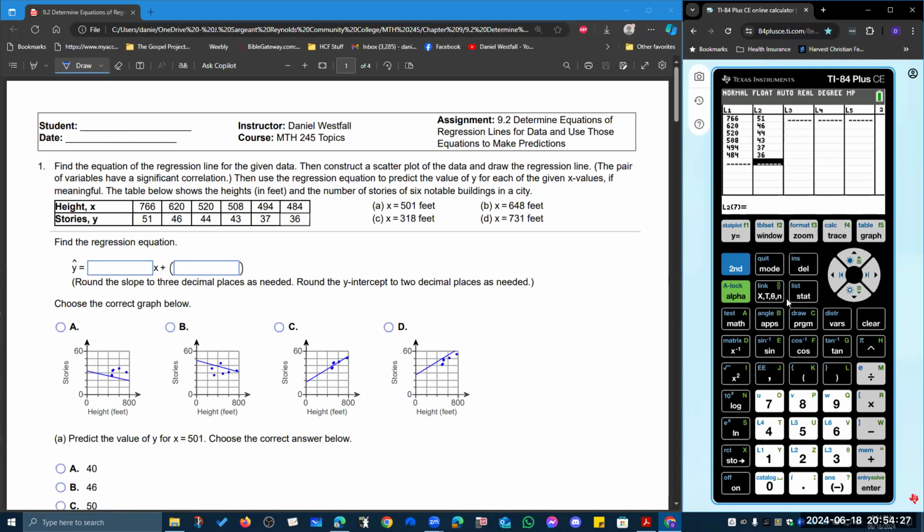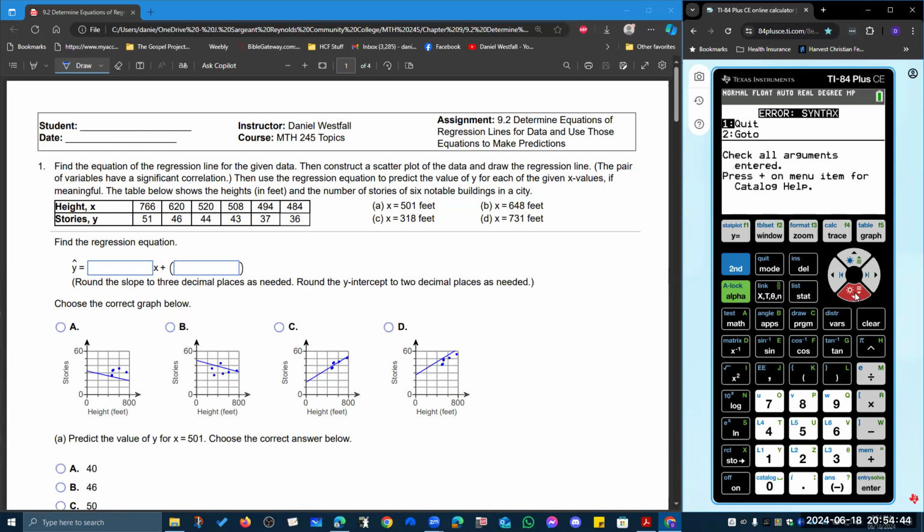So now let's go ahead and stat calc, and we want this in ax plus b form, which is number 4, L1, L2, frequency list. There's not one, so I'm going to put a 1 there. Just clear that. There we go. All right. Sometimes it wants a 1 there. Regression equation. We talked about this last time, but vars, y vars, function y1, so that we can have the